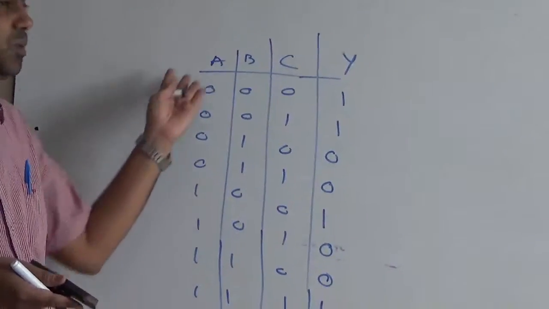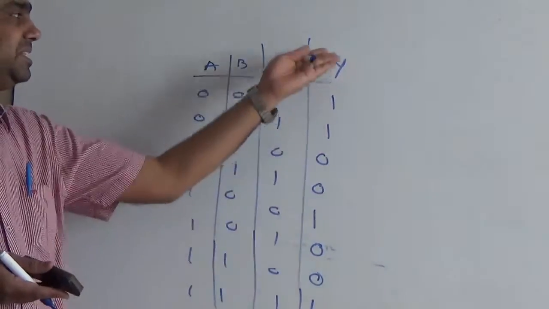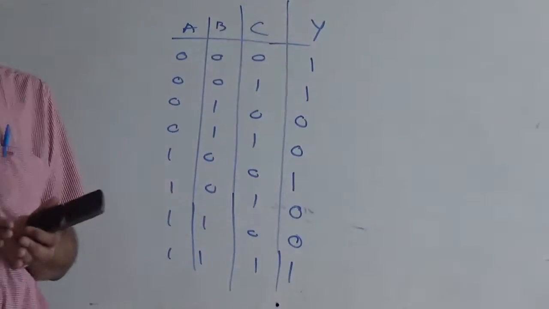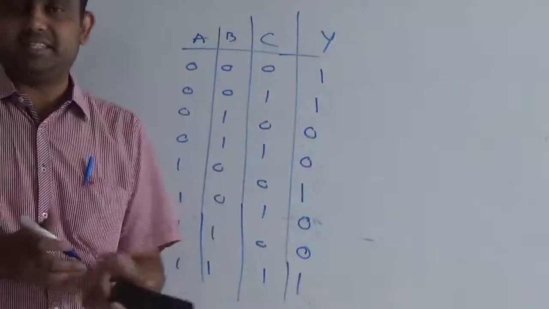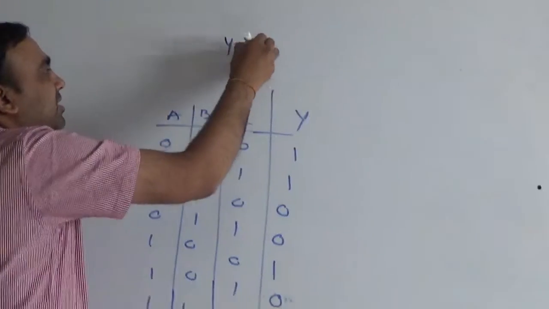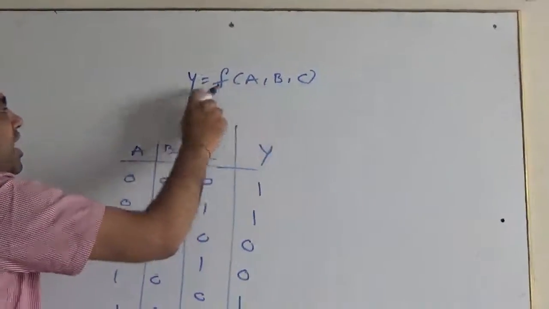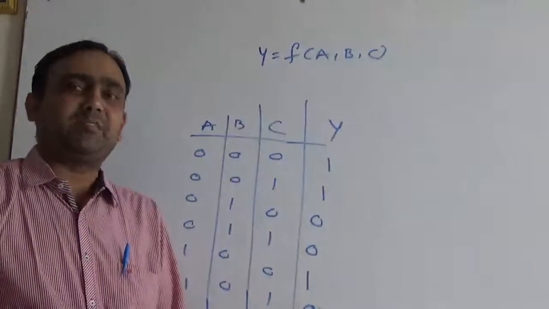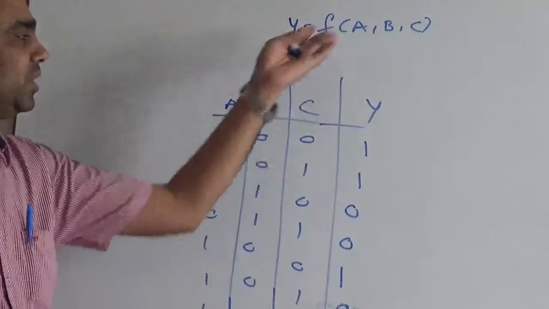Actually, we can say basic gates are not going to solve your problem. This is not a basic logic, I can say. Actually, we have to combine multiple gates and get this logic done. I can say that is what combinational circuits are. So you can solve this. You can find out the function of Y, or how you can find the Boolean expression of how Y depends on A, B, C, and you can take help of K-maps, or optimize the output, and then accordingly you can implement this.